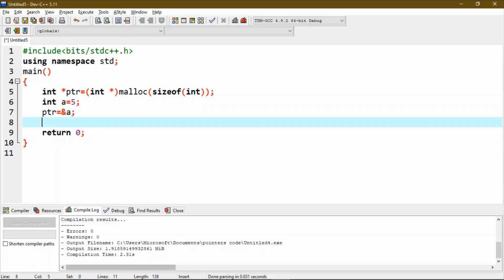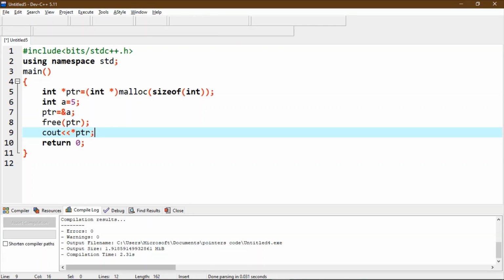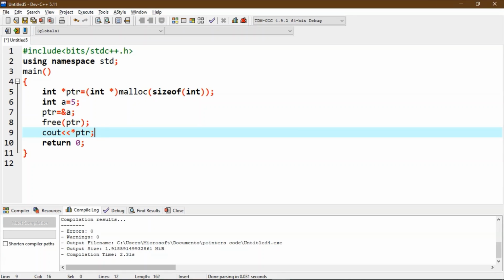We will use the free function for that. Now let's write a print statement to print this pointer. Let's execute it.